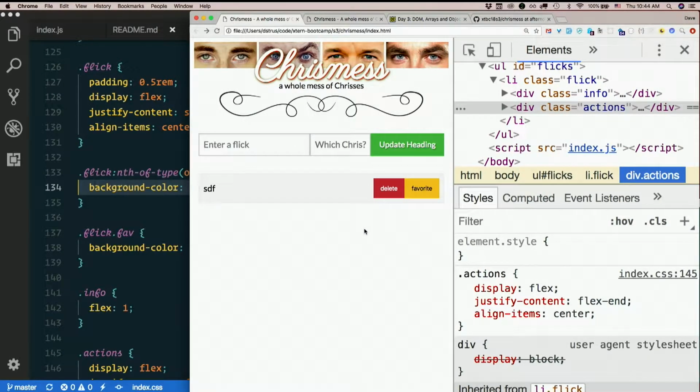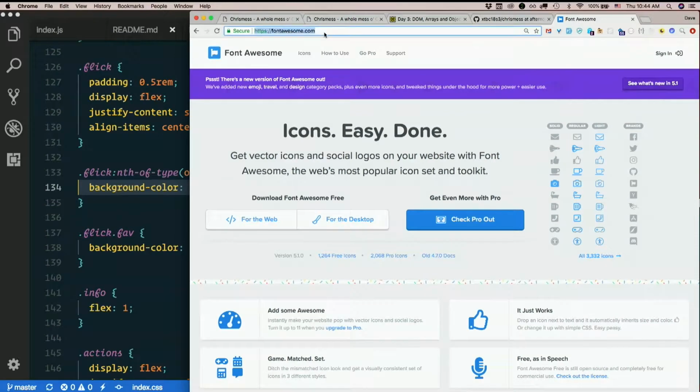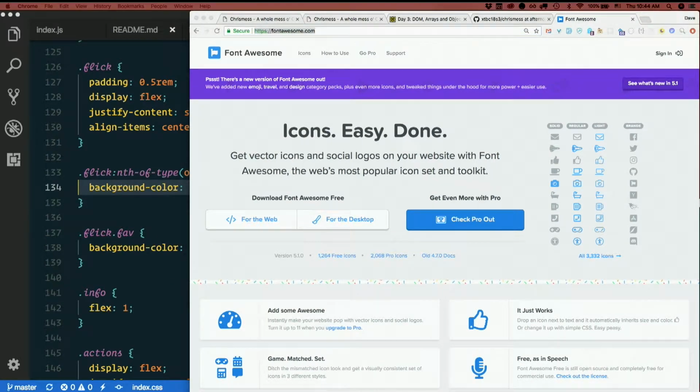Anybody ever used an icon font before? What have you used? Font Awesome, of course. Everyone loves Font Awesome. Font Awesome recently released a new version, and ever since they released the new version a couple months ago, they've been redesigning the website approximately every other minute. So it has actually changed since a week ago. So the good news is I tried it out last night, so now I know how to find what we're looking for. So the whole concept, fontawesome.com, the whole concept behind an icon font